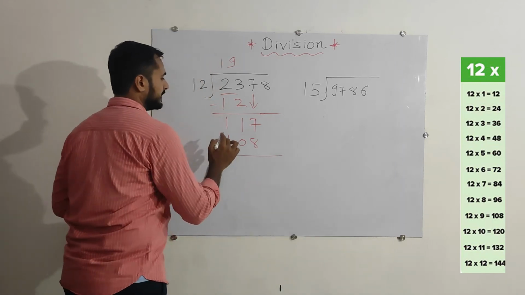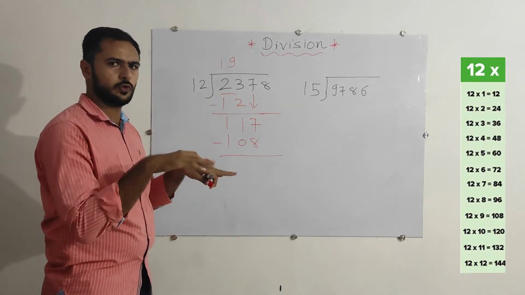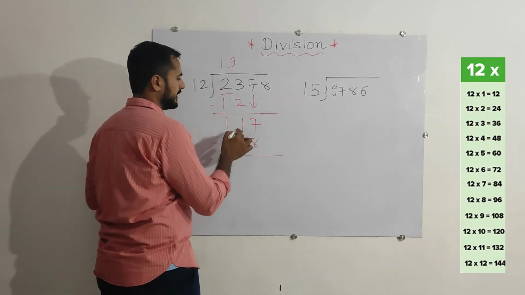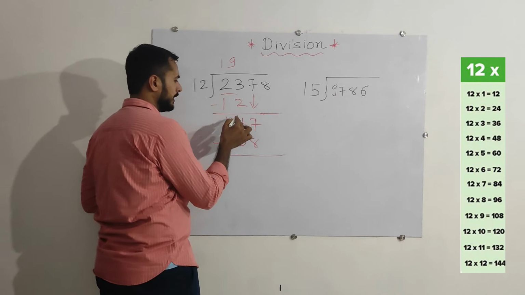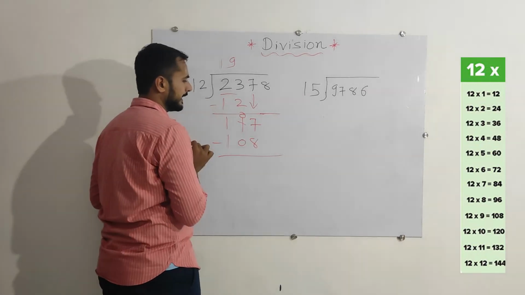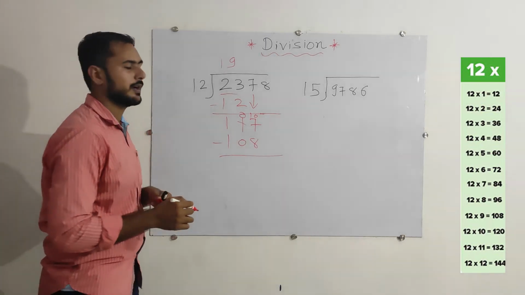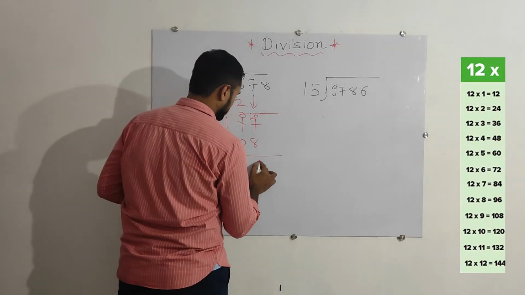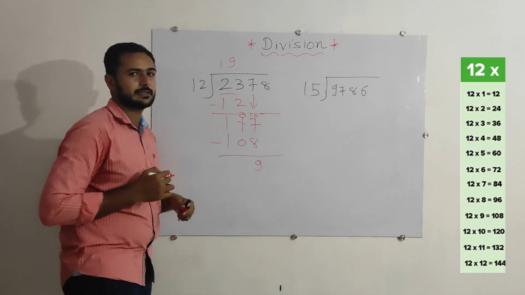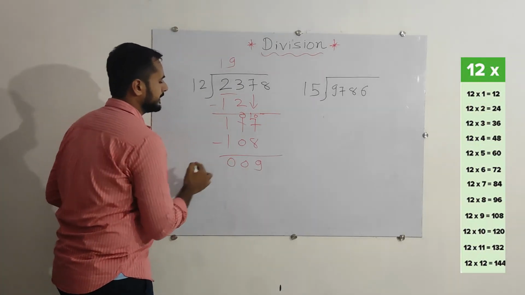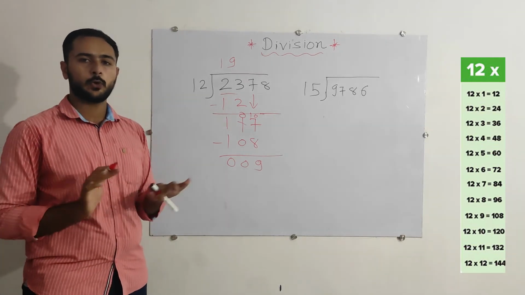Now what we will do with the subtraction? The same process we are going to do, step by step. Here from the smaller number, we will cut one number and put the smaller one. So that's 10. 17 minus 8 is 9. Now 0 minus 0 is 0. 1 minus 1 is again 0. Okay, so the process is over.